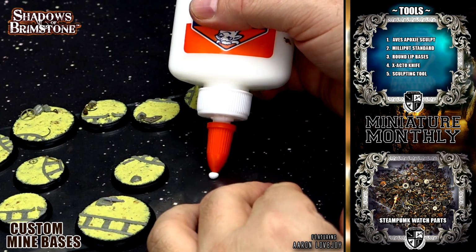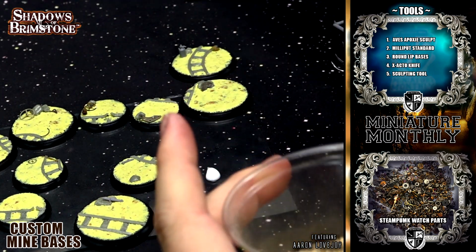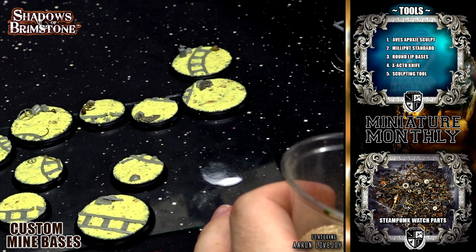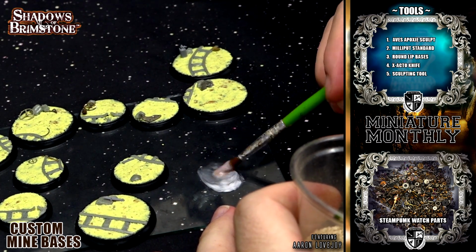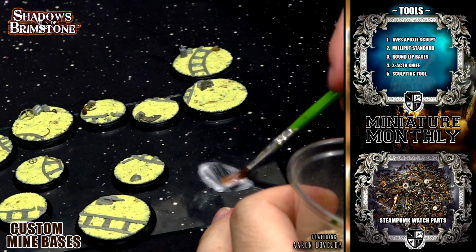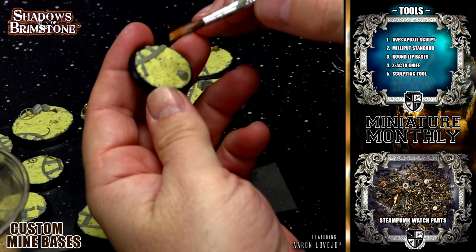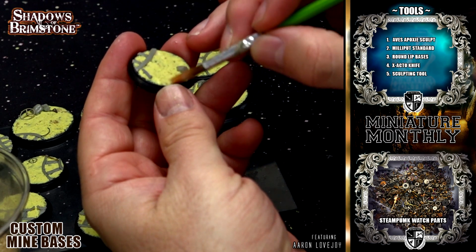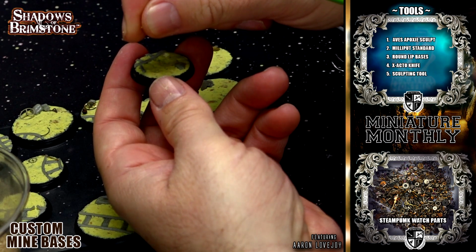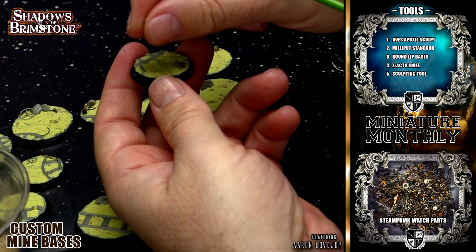And then for the last little bit of realism, or whatever you want to call it, I'm going to put some of this glue on here. It's just regular Elmer's glue. Put it in just a couple spots, then grab a little of this gravel and sprinkle it on. We don't want to put this everywhere,